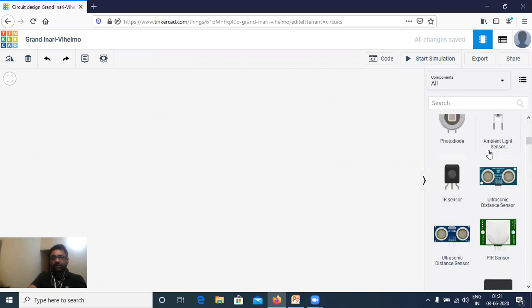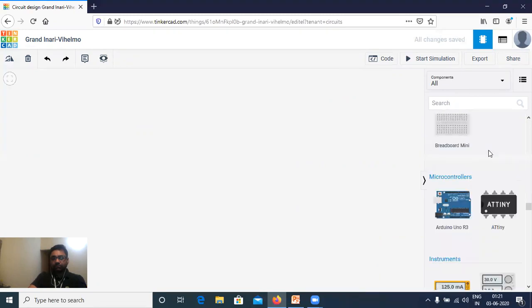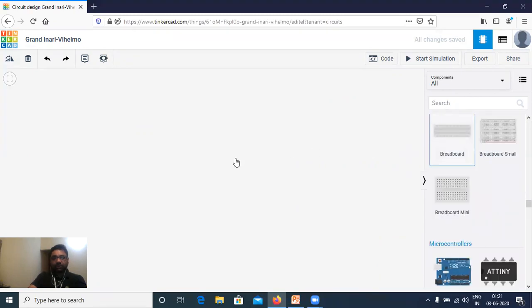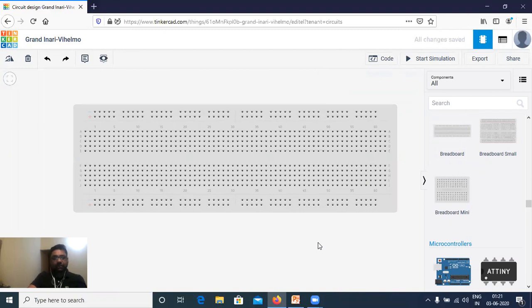And first thing first, we require a breadboard. Go for a regular breadboard, drag it. So my breadboard is in place.